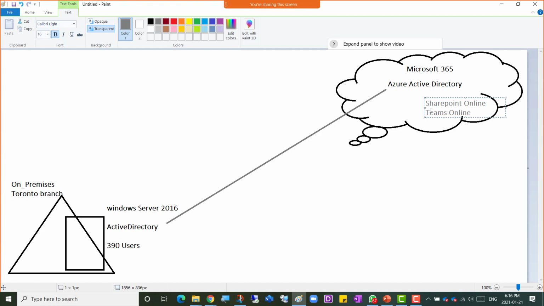So in these applications, we're gonna check lots of features, and once these 390 users are synchronized up there, we're gonna use those users to connect to these online applications. But those who cannot do on-prem sync can create